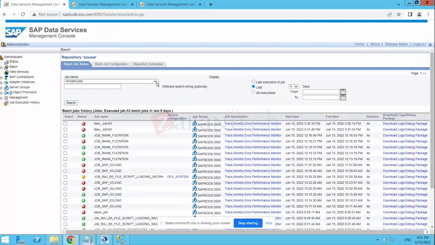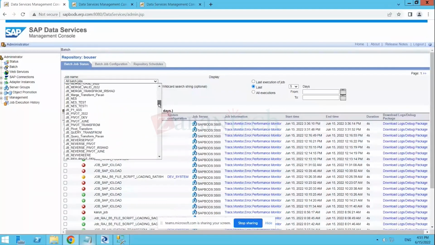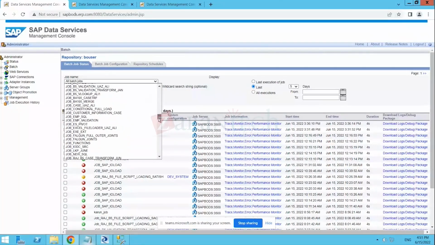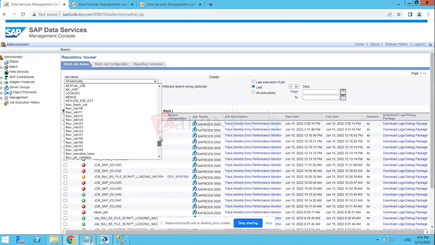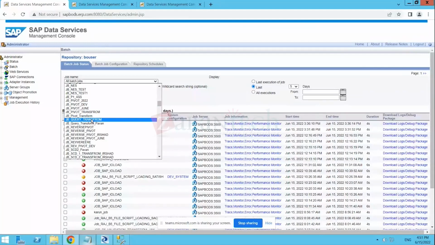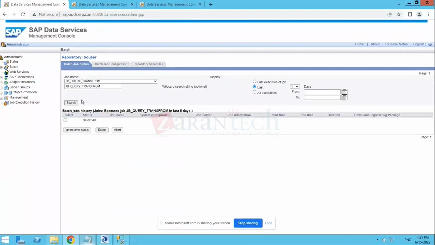So here, in this drop down, you can see the list of all the jobs which are available in this particular repository under certain project folders. If you want to see any of the job logs, you can select that job, click on last 5 days and do a search. So there are no jobs. There is no job triggered in the last 5 days, so it won't provide any list. For example,